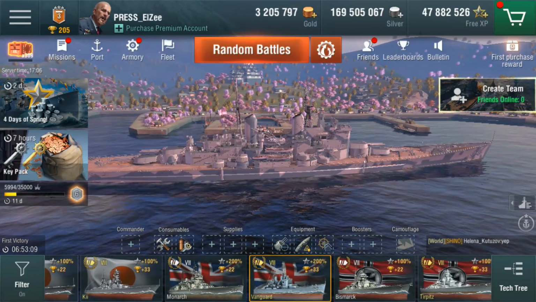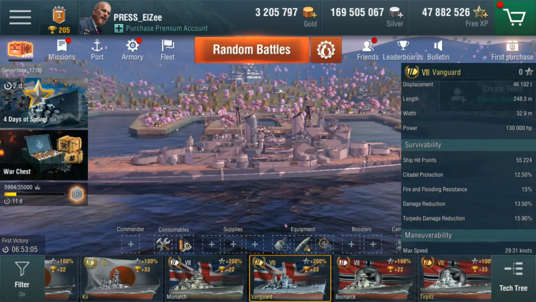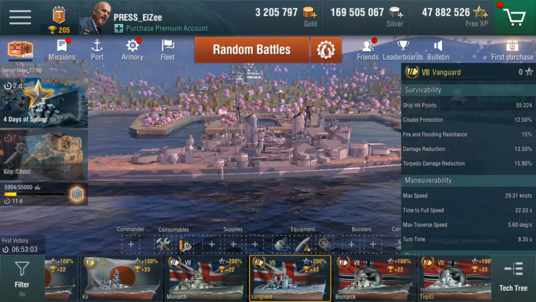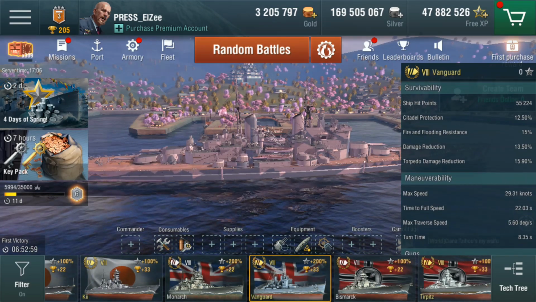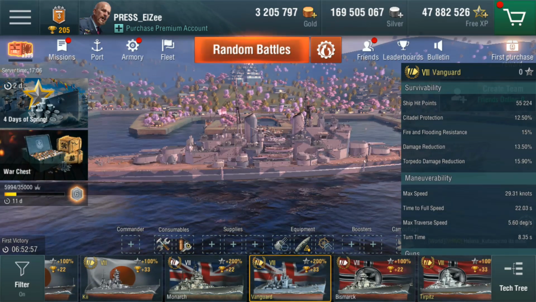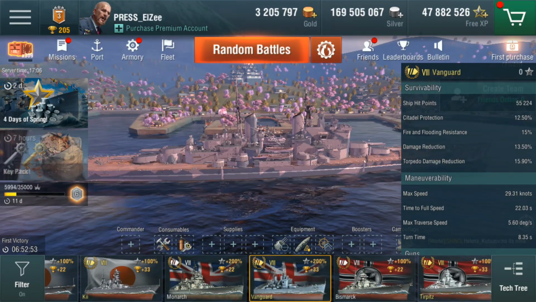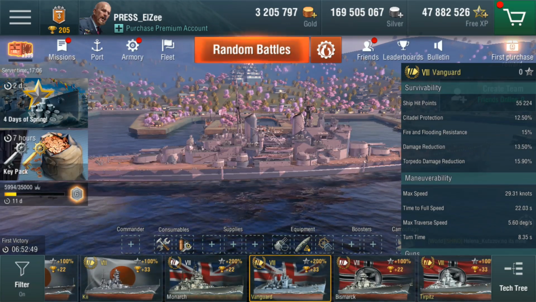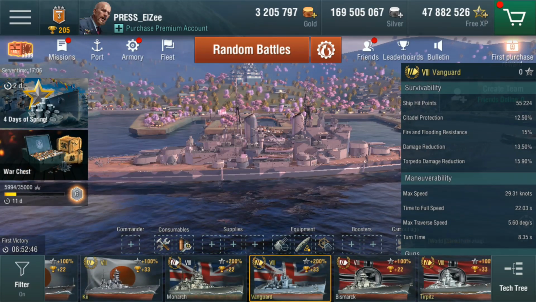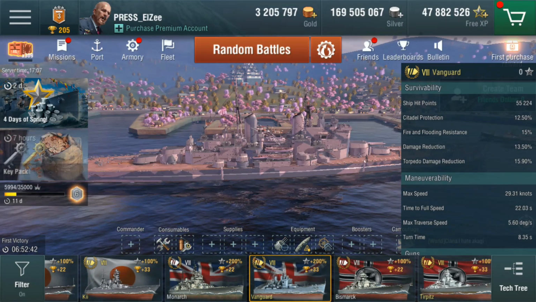Right, the main event. Let's go and have a look at some stats. So the Vanguard, 1946, obviously at the end of the war, but let's go through till we get to stuff that matters in the game. So hit points, 55,224 hit points. Looking at the citadel protection, 12.5%. Fire and flooding resistance, 15%. So damage reduction 13.5 and torpedo damage reduction